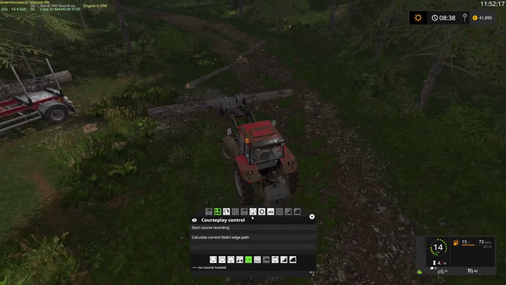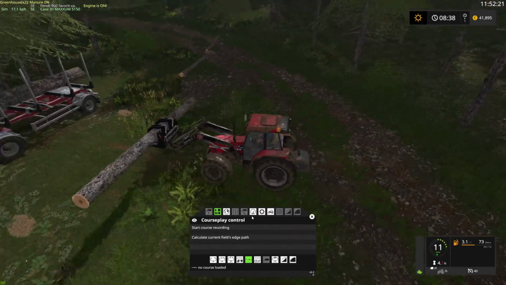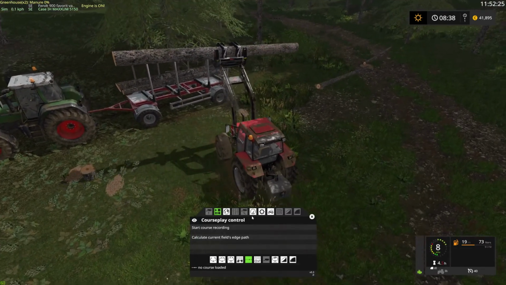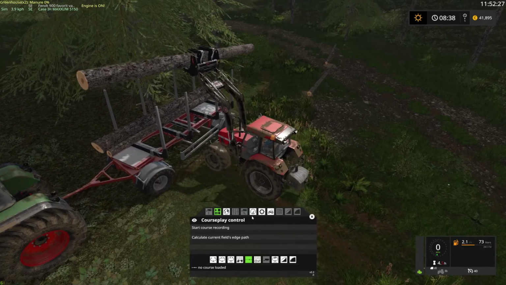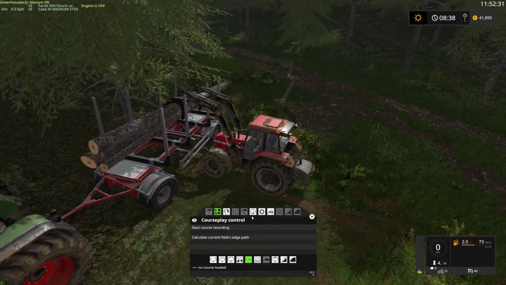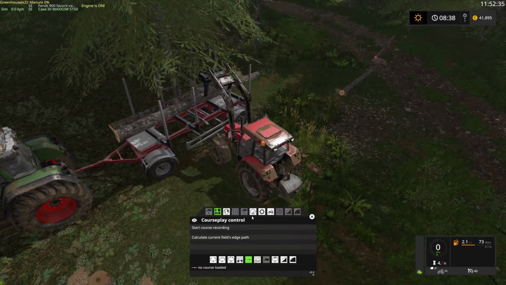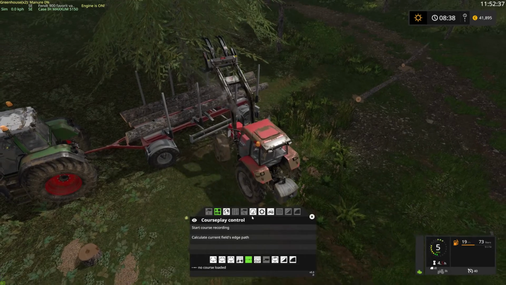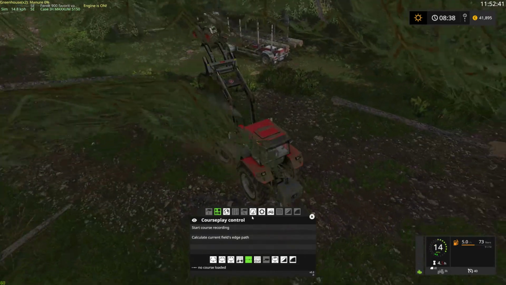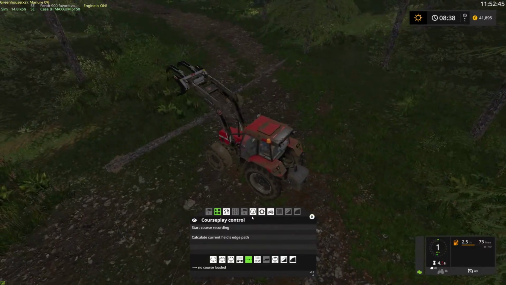So I thought I'd do a little bit on this. As you can see, this log grab does actually work really well. That's probably one of the best ones I've used in 17. Shame the mod only became available towards the end. So hopefully they've improved. Now that is the one problem I had as well before, it does stick a little bit. Yeah, hopefully they've improved the physics on bale handling and doing the logging, and some of the implements work